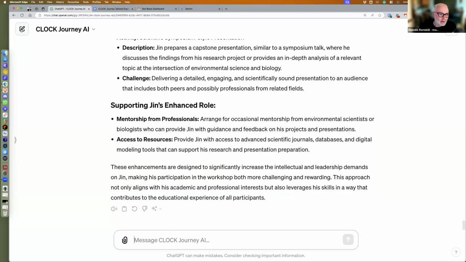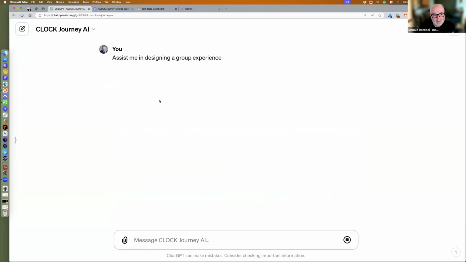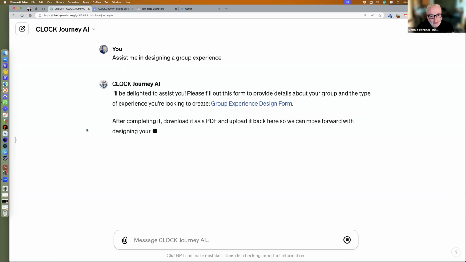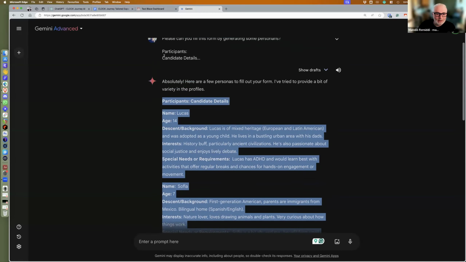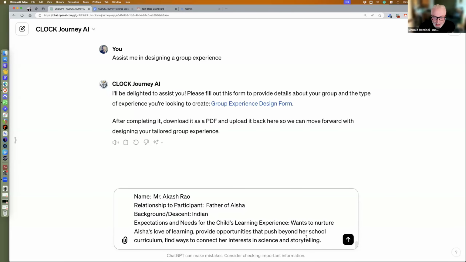So let's now start again and have a quick look at how it would be different if a prompt engineer used this chatbot. By prompt engineer, we mean someone that can talk with AI in a way that is like an expert, asking more precise information about what the output should be. Okay, so again, it's asking me to fill the form, but we're not going to fill it again. We are going to use the same group of people, so we don't need to enter anything more. But we're going to add at the end,